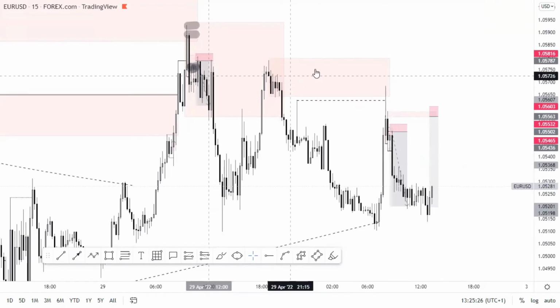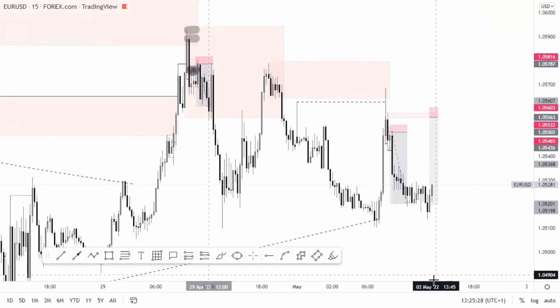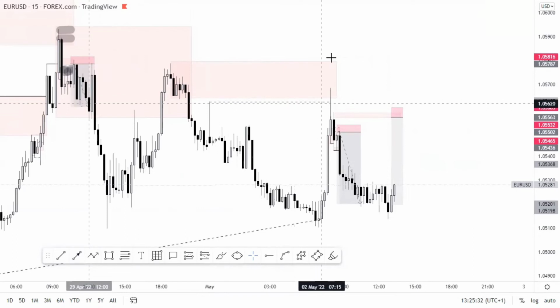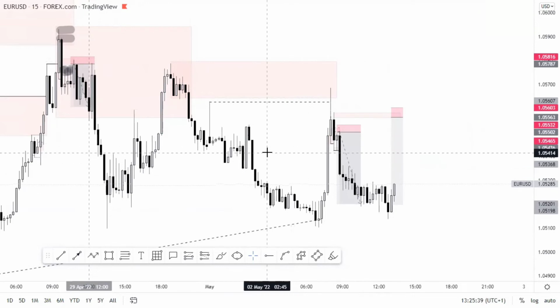So coming back to the 15 minutes time frame, I noticed that there is this chain that is forming here, and there's this inducement that has just been swept, and price reacted massively to the downside. I was like, okay, time to go. I went down to my 1 minute time frame,